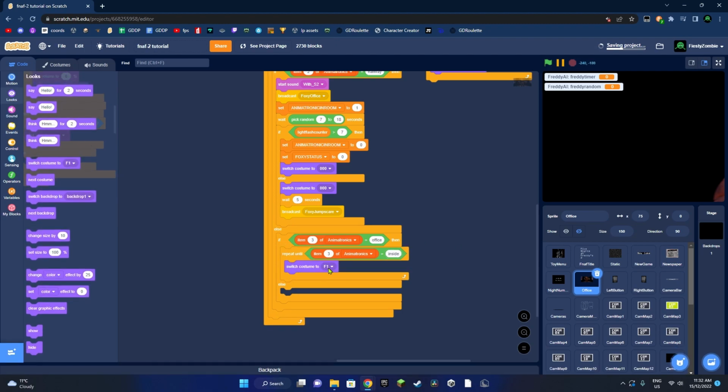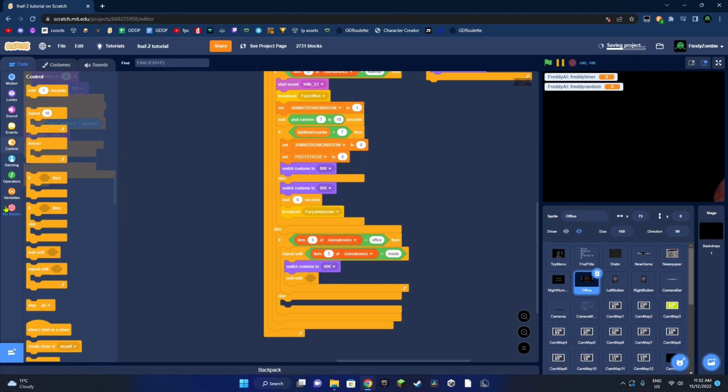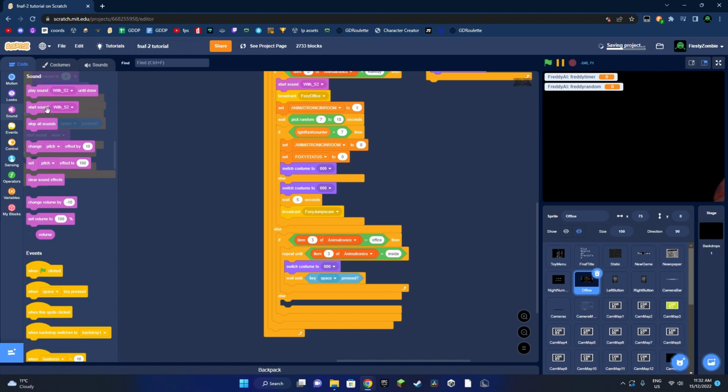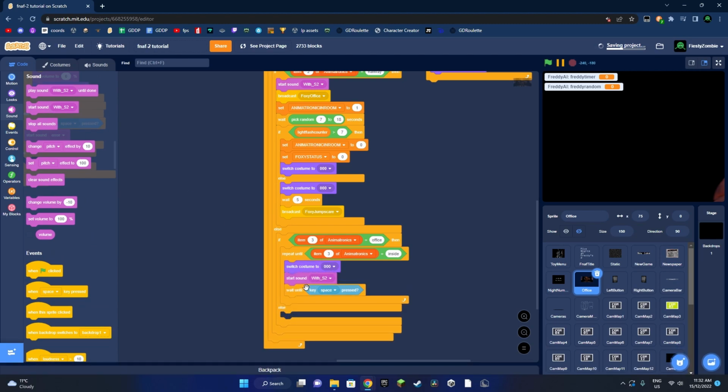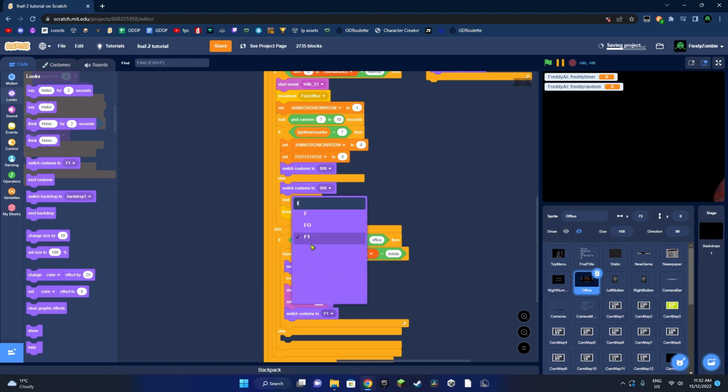We switch costume to 000. We wait until key space is pressed, and then we need to start sound buzz light. We set the volume to 100 and we switch costume to F,